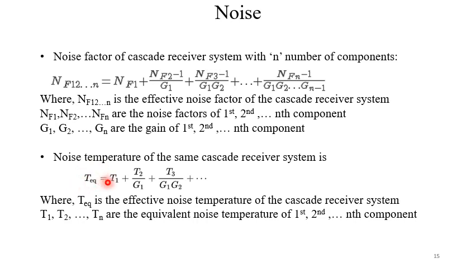So it is said that for a cascade receiver, the first stage is the most important stage, and that is why most of the time the first stage is the RF stage, and we have to make this RF stage very high gain and very low noise, because that will make the overall noise temperature or overall noise factor a minimum. So this is all about noise and the receivers.